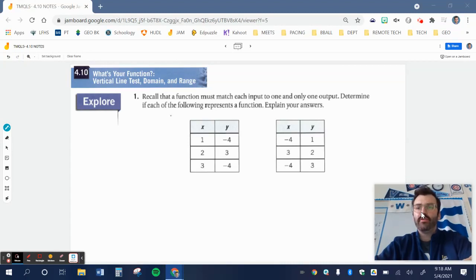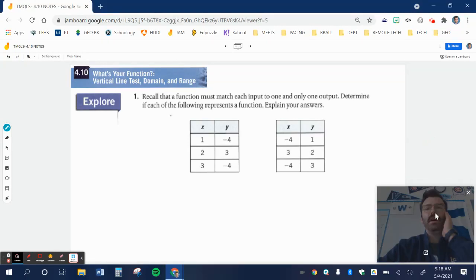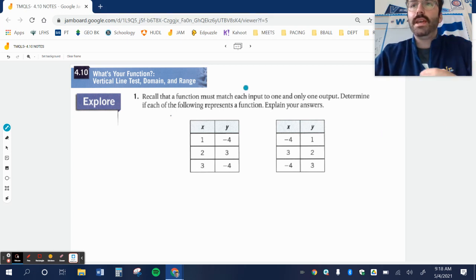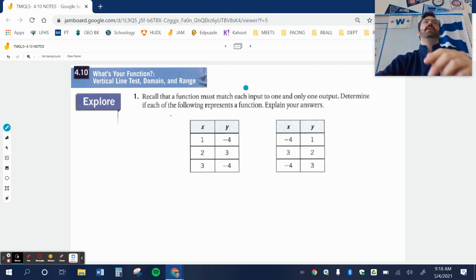All right, let's talk 4.10. Today we're talking about functions. Okay, functions. Is it a function? All right, vertical line test, domain, and range. Okay. Don't worry. Don't freak out when you hear all those things together because I know some of us may